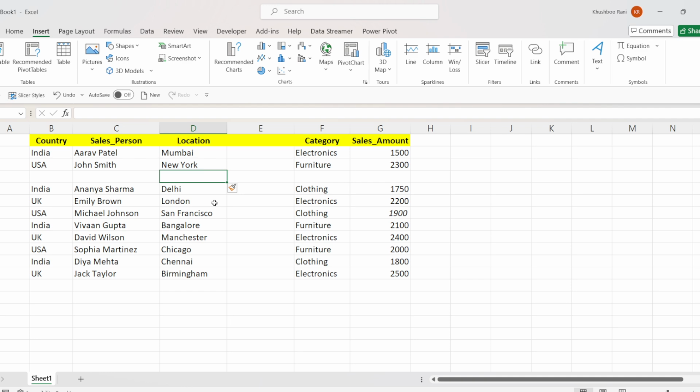So the keyboard shortcut to add a new row is Alt plus I plus R for row, and the keyboard shortcut to add a column is Alt plus I plus C. So the new column will be added left to the selected cell, and the new row will be added to the above selected cell. So I hope you have understood the use of keyboard shortcut to add a new row and column,